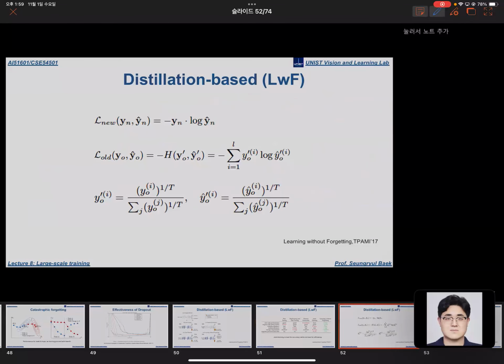So, okay. Maybe you have to use this LWF in your homework, maybe the second programming assignment. What they do is they have two types of loss functions. They define the cross entropy loss for the old task and at the same time for the new task. They can do this using ground truth